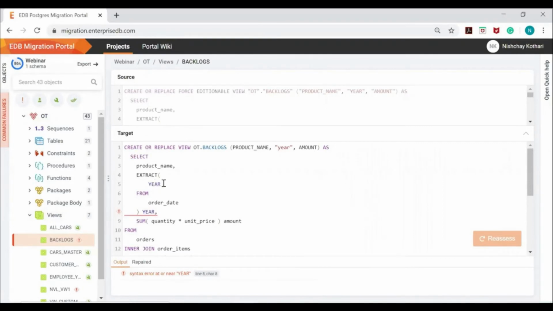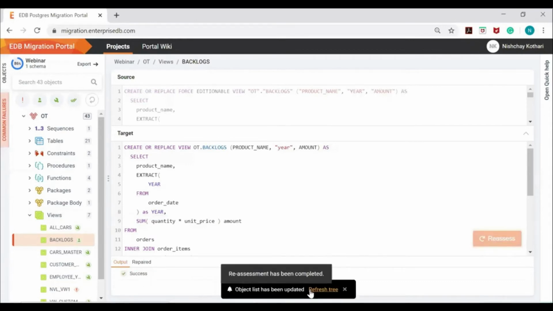I have used the extract function for this particular view, so I have to use a proper alias. The alias is missing here. So here you can fix your failed object and check whether your fix is correct or not by clicking on reassess. Now you can see it is a success, so my fix is correct.